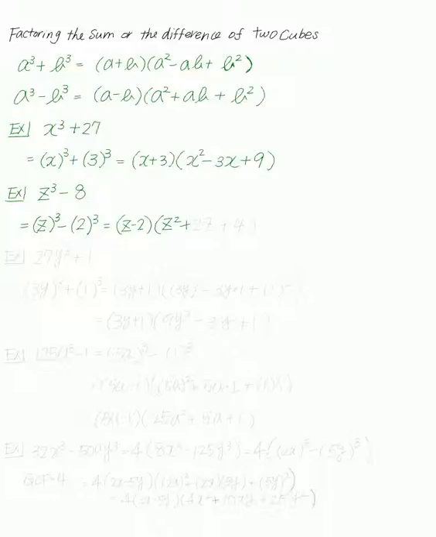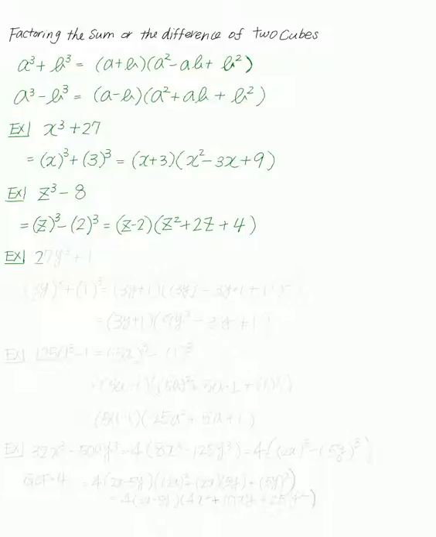I can be very careful with these signs. It's very easy to miss that. A times b is going to be the z times the 2, which is just 2z, plus b squared, which is 2 in this case squared, so 2 squared is just 4. See how easy this rule is? You just have to be really careful when you match up the a's and b's to the proper rule. Next example,